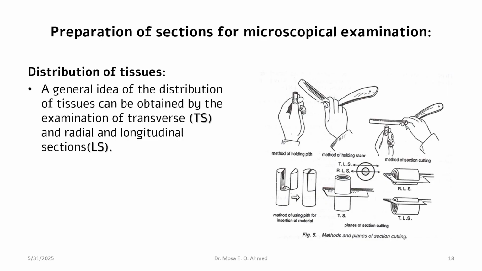In order to visualize or examine the distribution of tissue in the plant sample, we can make a section. There are different types of sectioning and different types of section obtained, either transverse section or L section, based on the way of cutting. Always the transverse section is made as in this picture. We make a section at the middle or at the radius of the stem or the plant sample,